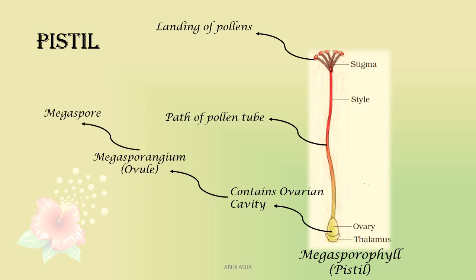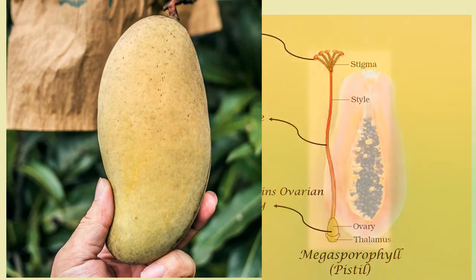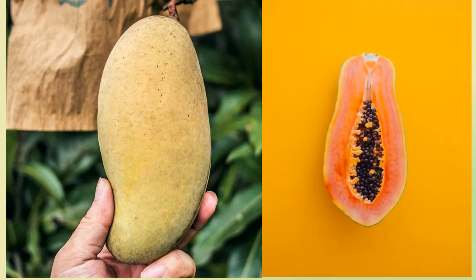Now you know that ovules develop into seeds. So looking at the number of seeds and how they are attached in the fruits, you can guess the number of ovules and placentation in the ovary. Have a look. This is mango. Can you remember the inside of the mango? It has only one seed contained in one locule. And then we have papaya. See the number of seeds and the locules. You'll be able to guess the number of ovules and the number of locules.